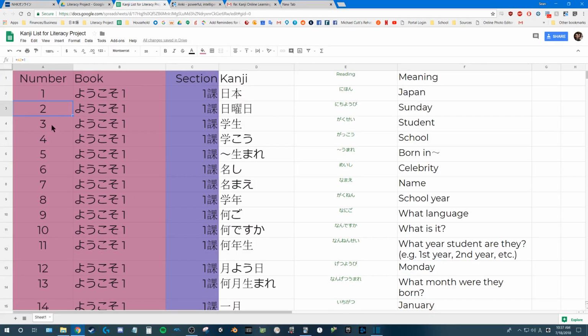If you've never used Excel or Google Sheets before, this might sound advanced, but it's pretty simple. So I got the first one here. This is the first kanji I put in my list, right? I put 1, and then the next one, a little bit different. Instead of just typing in 1, 2, 3, 4, 5, 6, 7, 8, all the way down, in this box I type the equal sign,